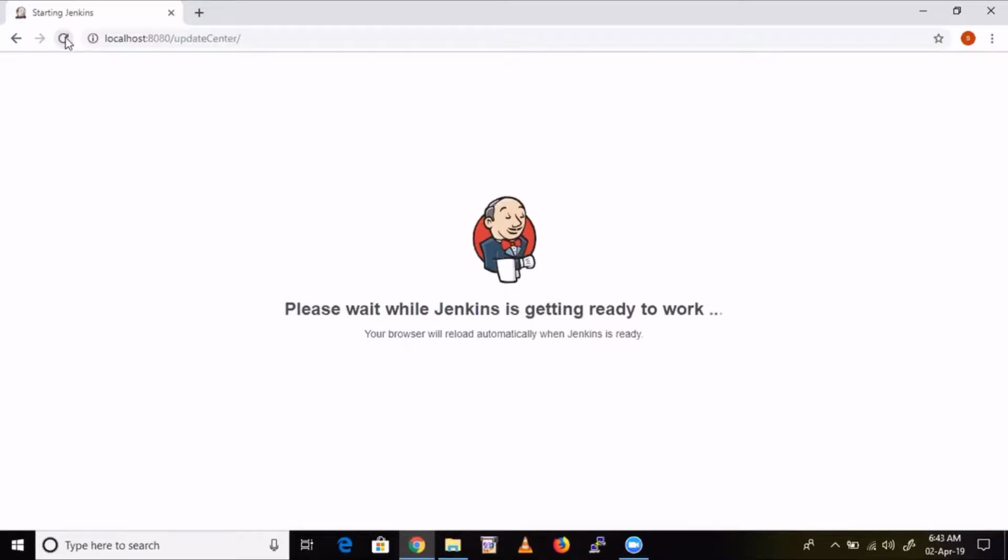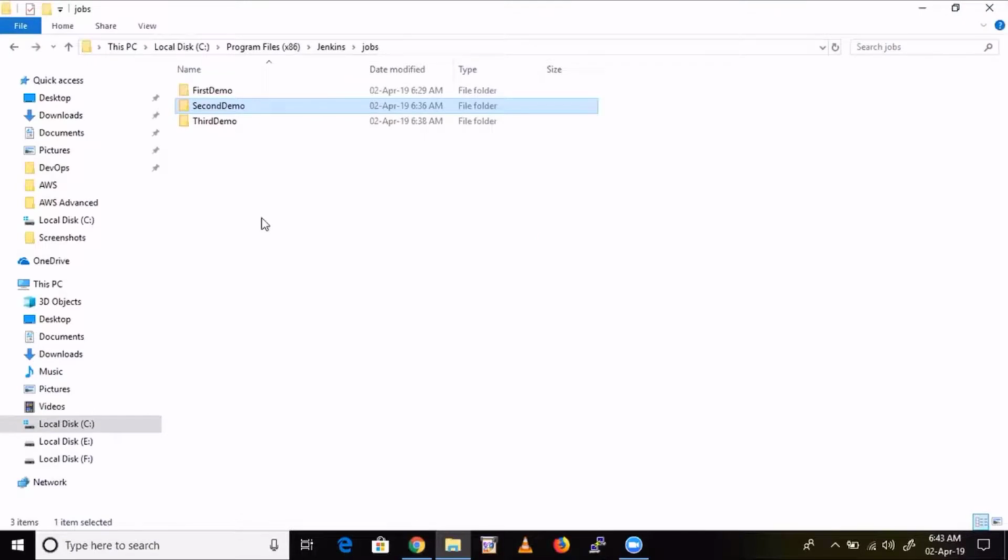As in Windows, where the job folder is created, will the same job directory be created in the Linux environment? Yeah, same thing. Everything will be the same, no difference at all. In Linux also the same kind of folders will be created.